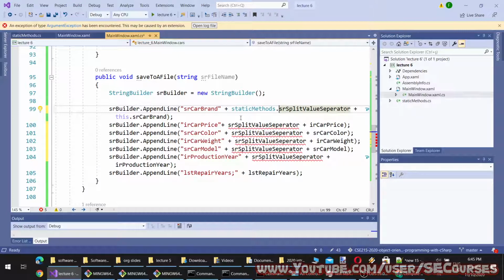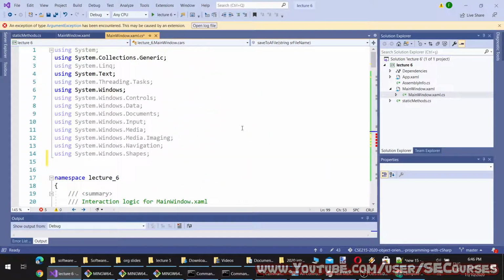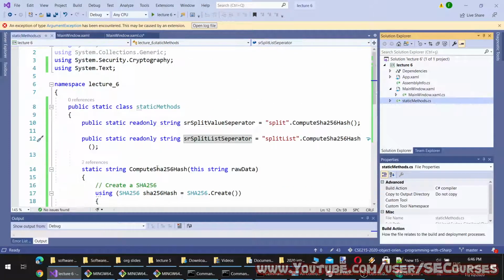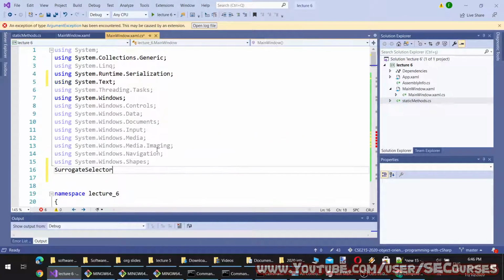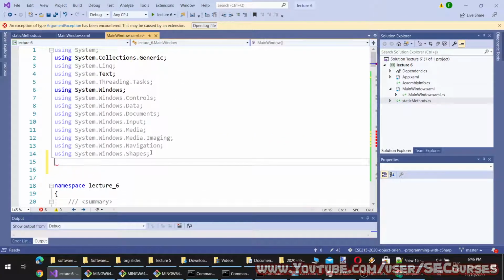This would work. However, there is also another way, which is adding this static method as a using here. One second. This time I will type my full namespace dot static methods or something like that.